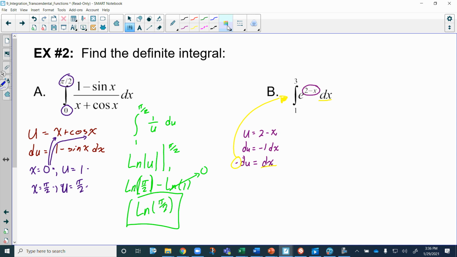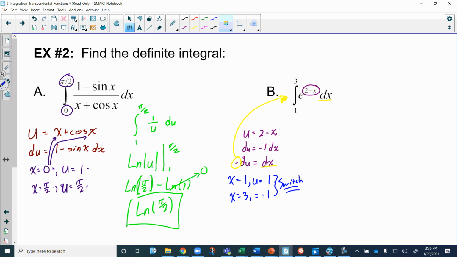So where am I at? We have a negative. Oh, no, I'm not there yet, because I forgot I'm doing definite integration, not indefinite integration. So again, when x is equal to 1 in this case, what's u going to be? So 2 minus 1 will give me a 1 here. And when x is equal to 3, what will u be? So 2 minus 3 will give me a negative 1. And here, my upper and lower bounds